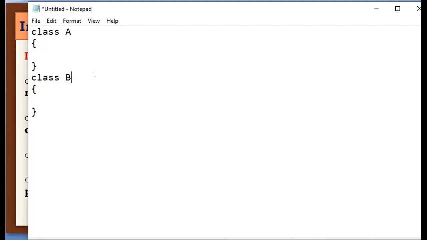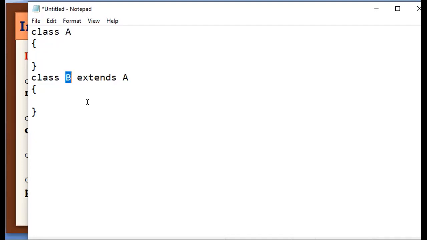So we'll write a keyword saying class B extends A. So whatever methods and variables that we define in class A will be inherited to